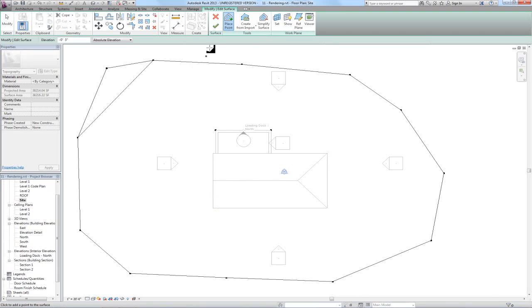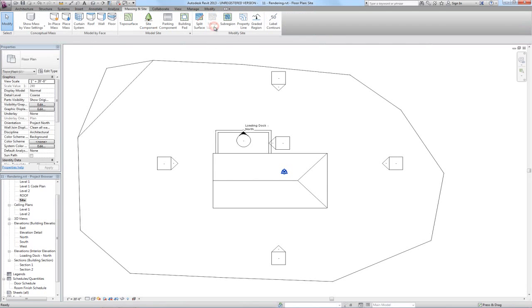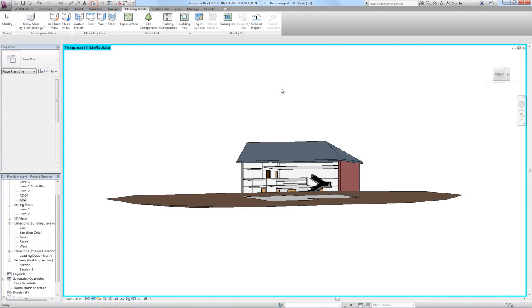There's a separate command we have to use. I'll go ahead and hit finish right now. If there's a basement in the building, we have to add a site pad that will basically stamp a depression in a site element. If we go to the 3D view right now